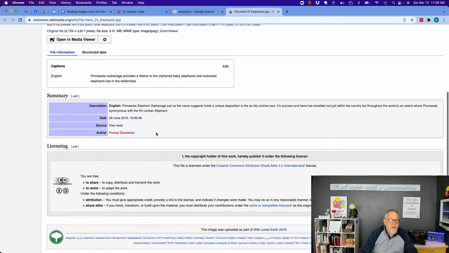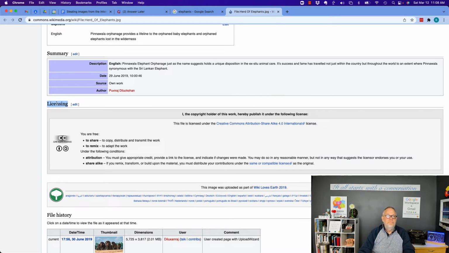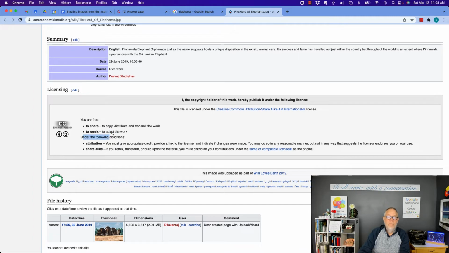Look here. You go down to licensing, and then you read the licensing. It's licensed under Creative Commons. You need to understand what that means. Attribute share alike 4.0. You need to know what that means. I'm not going to tell you what it means. You need to know what it means. You are free to copy, distribute, and transmit the work. You are free to adapt it, which means I can edit it. However, under these conditions,